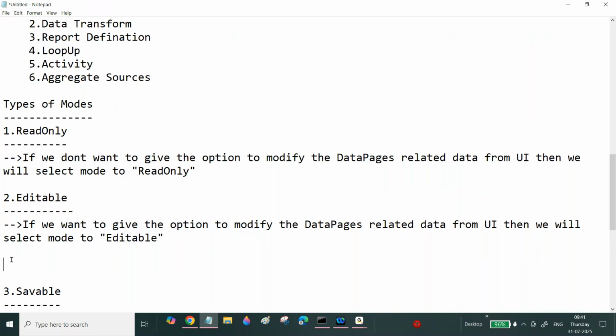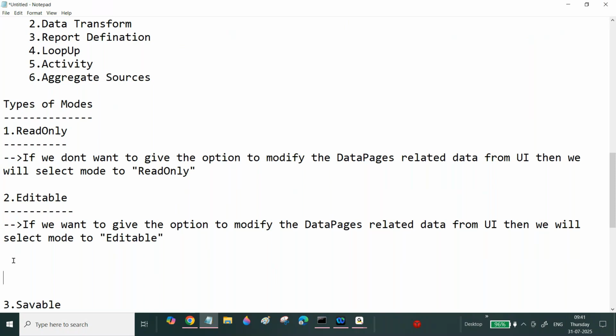Now if you write any logic, then it will be saved, right? Then it will save. For example, many times you will face issues like this. For example, you are displaying data, and especially in these scenarios, generally we will not give any option to